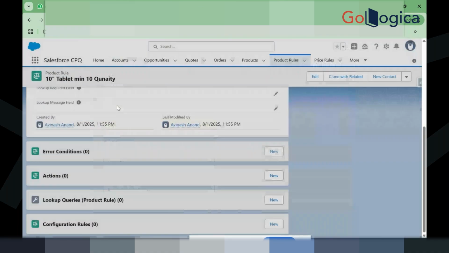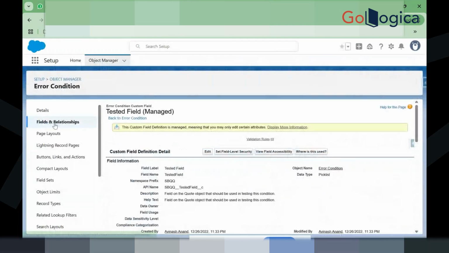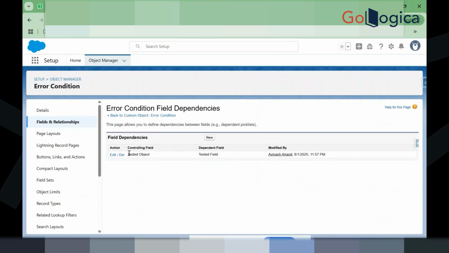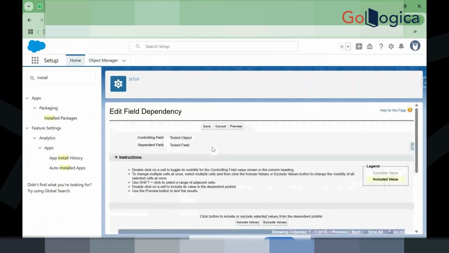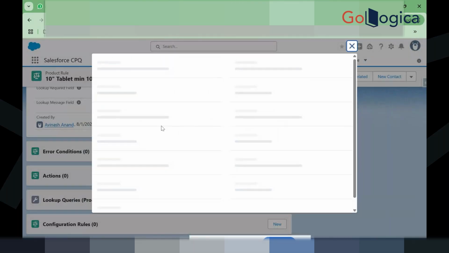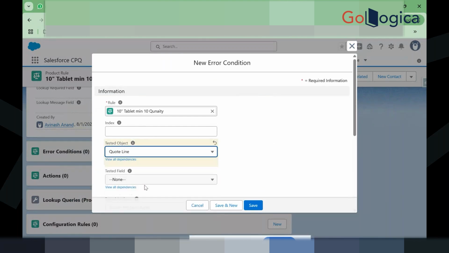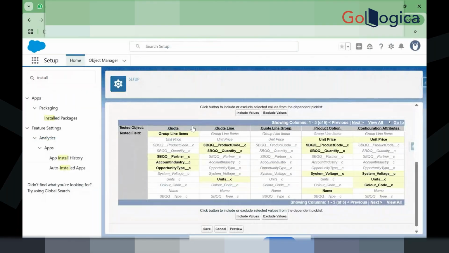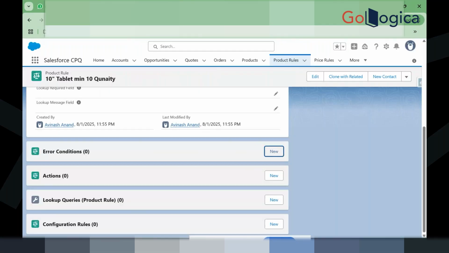Now if you close this, okay, so there is a field dependencies as well. So now you have to go to field dependencies. In the condition, there is always field dependencies. So you have to open the field dependencies. That field is available on the code, right? You don't want someone to select that for a quote line, let's say. Someone uses quote line, you don't want to show that value for that quote line, right? So that's why we use field dependency. That field is only available on the code. So I will enable this, select and include this value and try to save this. Although we have added that value, it is not visible, right? So now if I replace this and try to see that value,